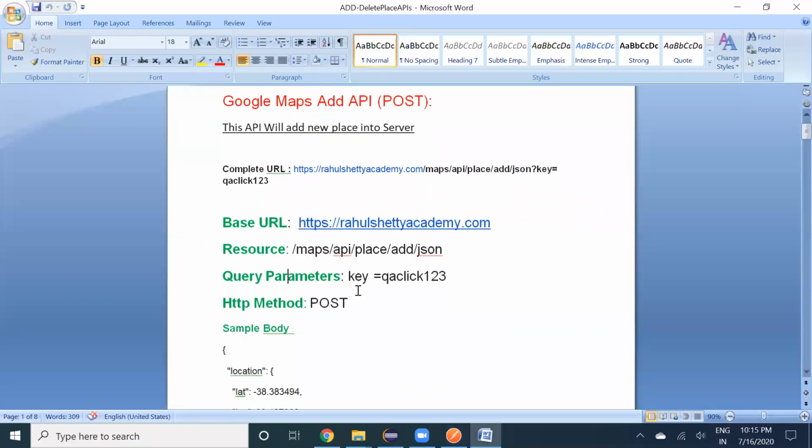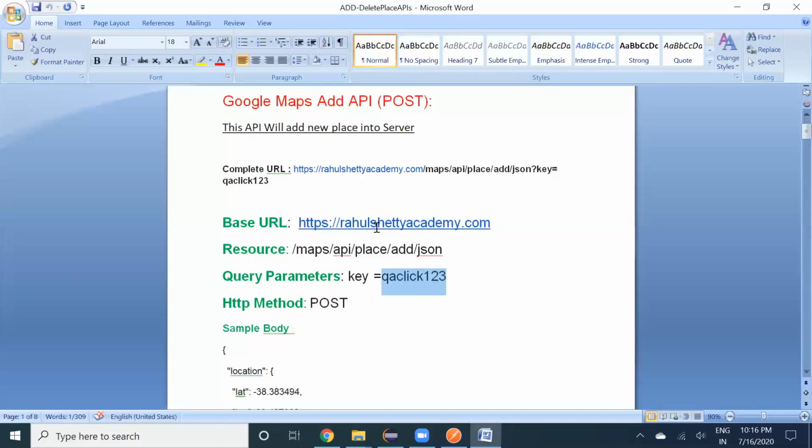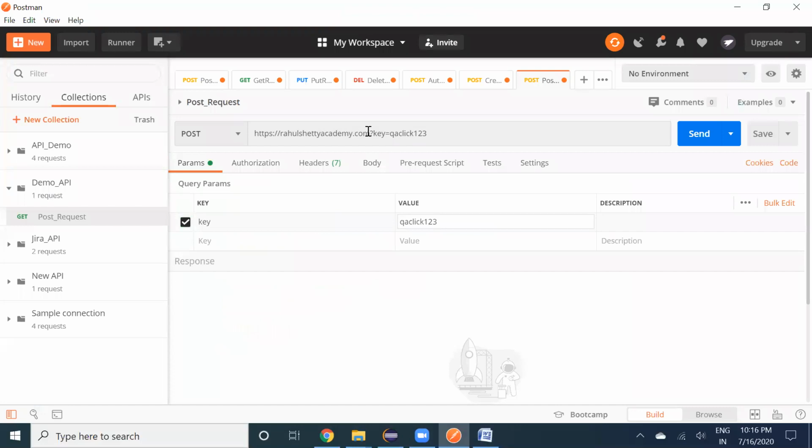We are giving a key and the query parameters as a query param now: key and your 1, 2, 3. You have to give the resource now.